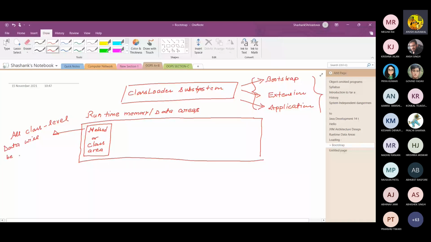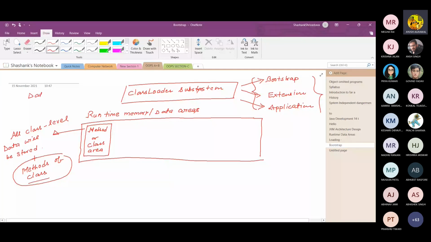All class level data, as well as the methods of the class, are also stored in this area. So what is a class? We have already discussed it in brief. A class is the encapsulation of data plus methods, that is, variables and methods.